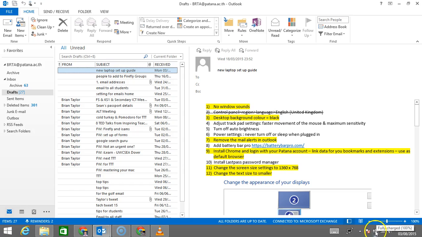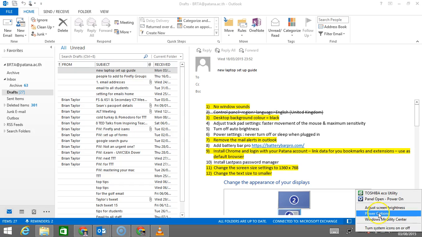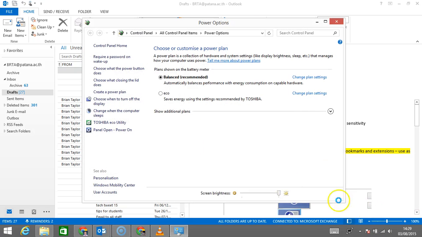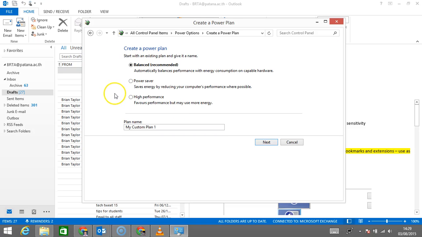So at the moment you can see it's fully charged, but I'm going to right click, and when I right click it's got power options. When I go to power options, you can see at the moment it's got balanced and eco, but I'm going to create a new power plan for school whilst I'm teaching. So create a power plan, and I want high performance, and I'm just going to call this power plan here